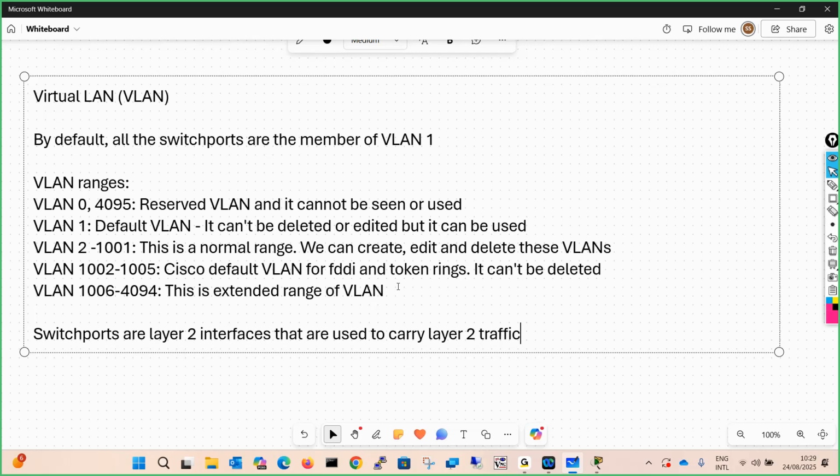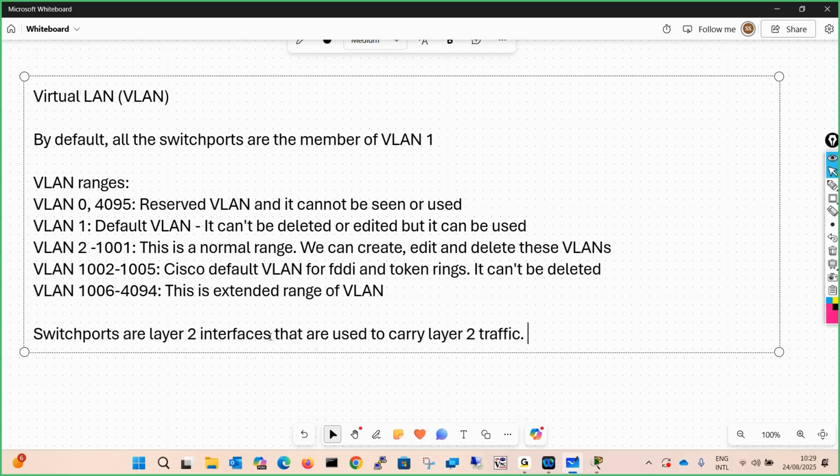Now we have discussed that a switch is a layer 2 device. Later on, this will change, and there are many things going to be added on top of this. But for now, just understand that a switch is a layer 2 device. So the ports of the switch are nothing but layer 2 interfaces. And since they are layer 2 interfaces, they will be carrying layer 2 traffic.